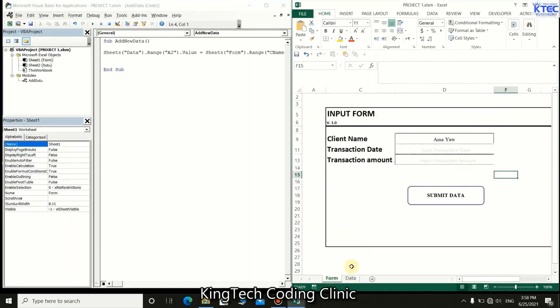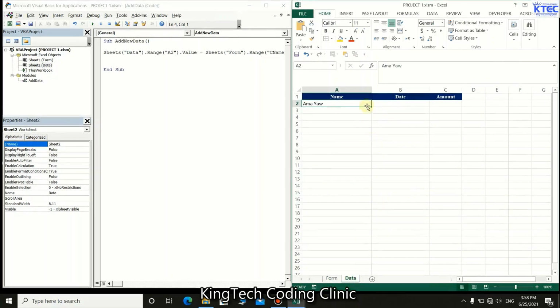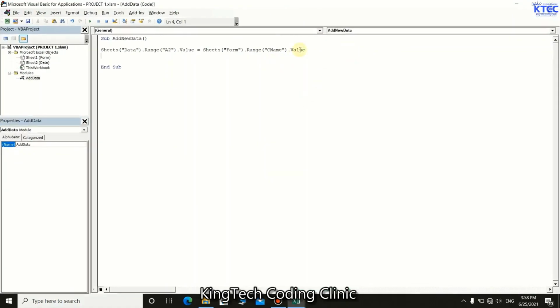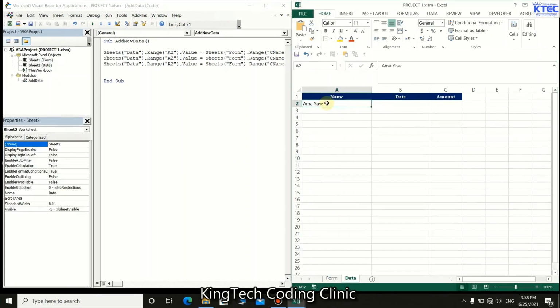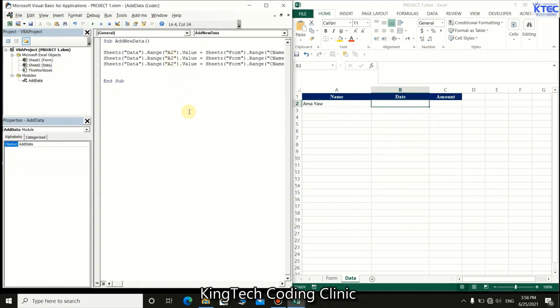Okay, so this is one way we can write or collect data from our form, but we are not done. Because we have three data to take, that is name, date, and then amount. So to take for the three, all we are going to do is just copy this. Control C to copy it, then paste for the rest with Control V and edit. So here I'm just going to do some editing. If this is A2, it's going to be B2 and then C2, right? So here we're going to say B2